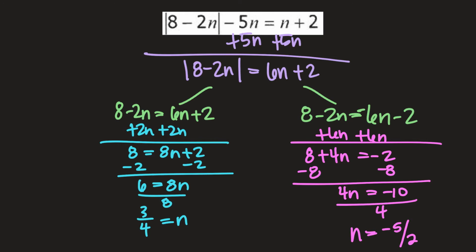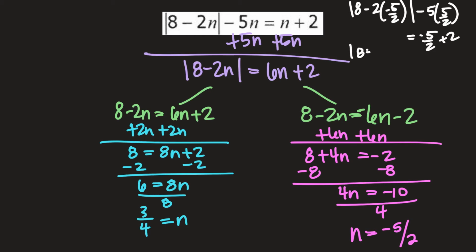Okay, so these are a little bit different because you're going to have to plug into both sides of the equation to make sure they match. So we'll go with negative 5 over 2 first. So I have the absolute value of 8 minus 2 times negative 5 over 2 has to equal, I ran out of room, 5 times negative 5 over 2 plus 2. So I have 8 minus, it's going to be plus, two negatives make a positive, 5 minus 25 over 2 is equal to